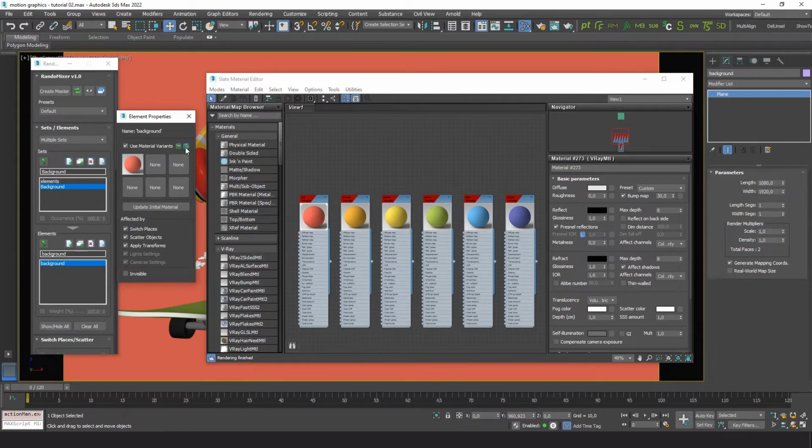You need to press this little button to refresh the thumbnails. Great.